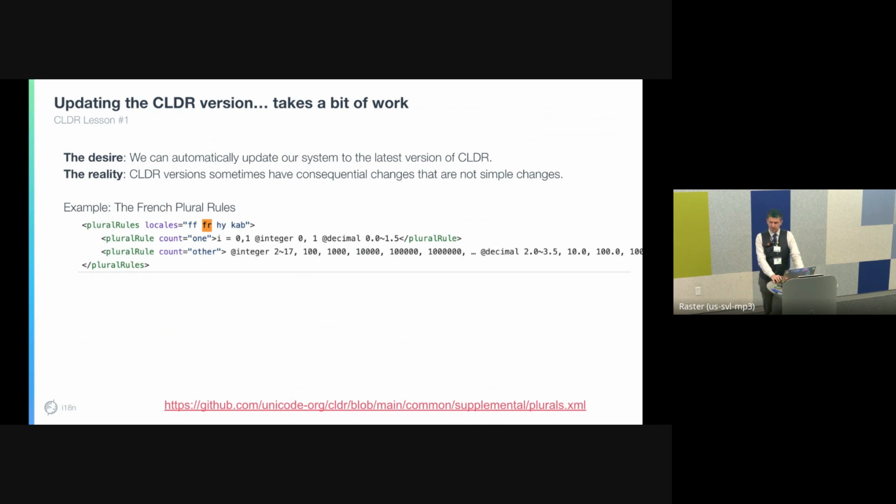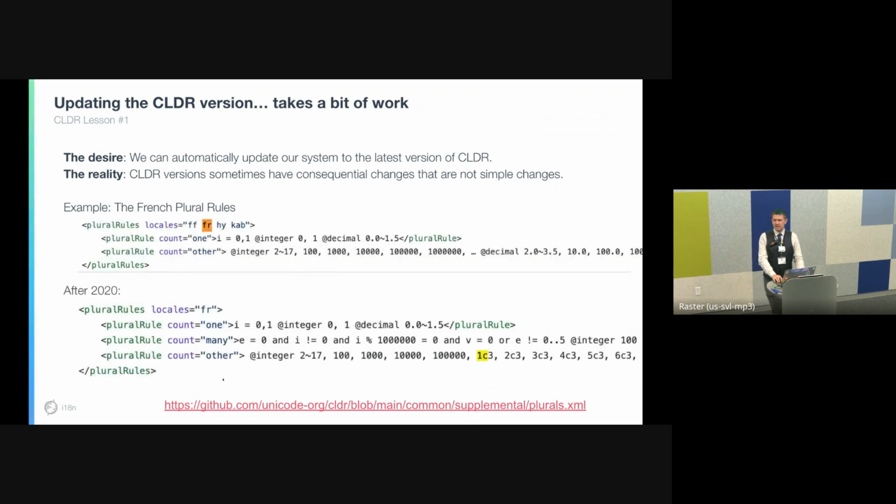So let's look at French. When we're translating French, if you say 0 comments or 1 comment of something, you use the same plural form. So you would effectively say 0 comment. And then you have the other plural form, which is like 2 comments, 3 comments, and so forth. The French plural rules are slightly different than in English. And so cool, CLDR tells us there are 2 plural cases for French. And then wait, now there's another plural case.